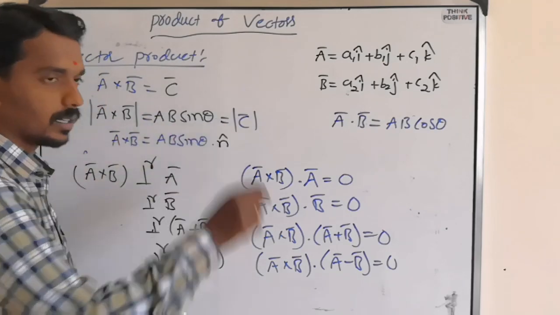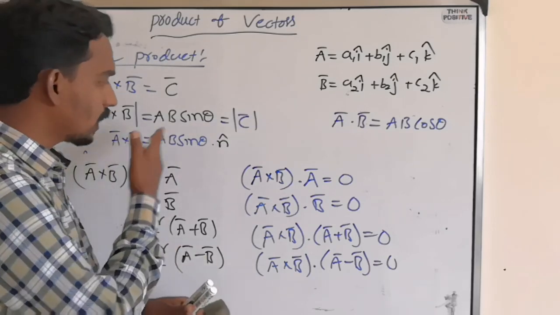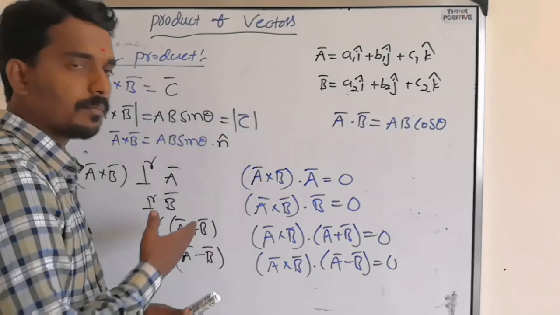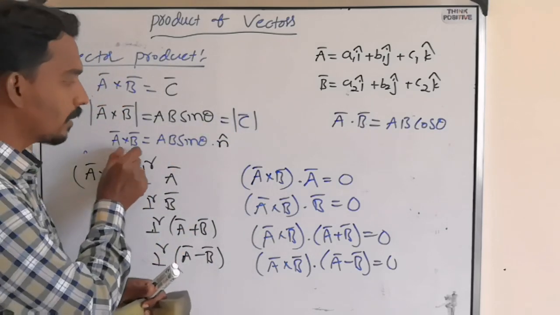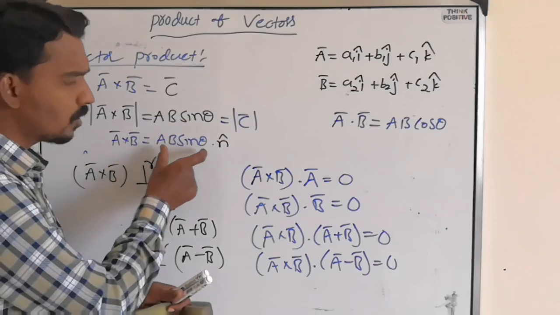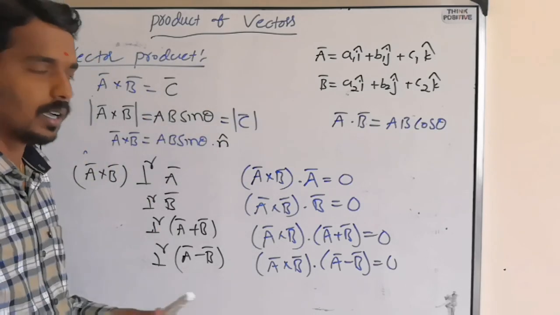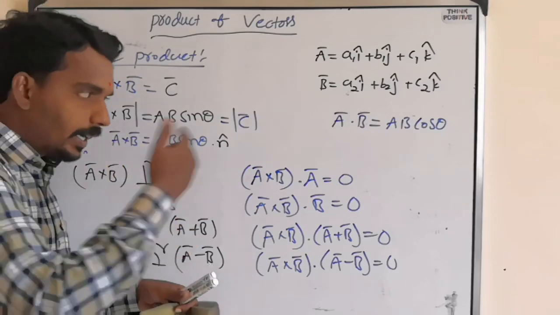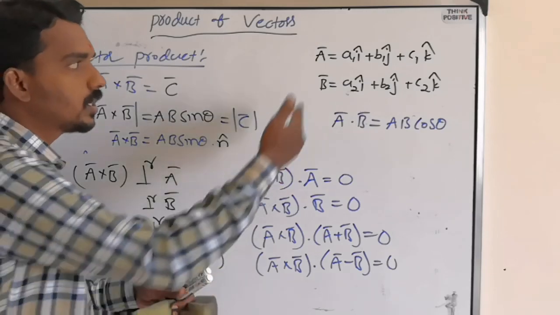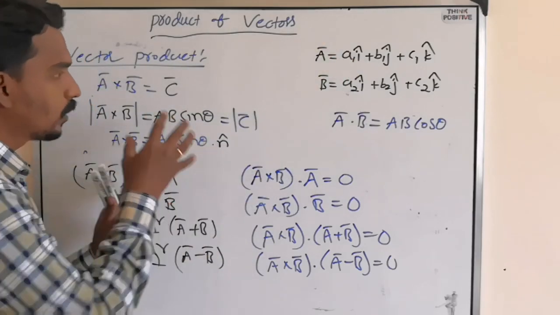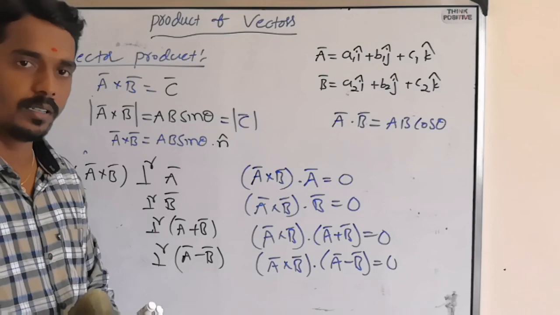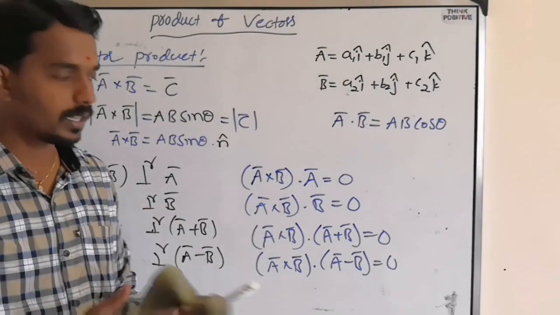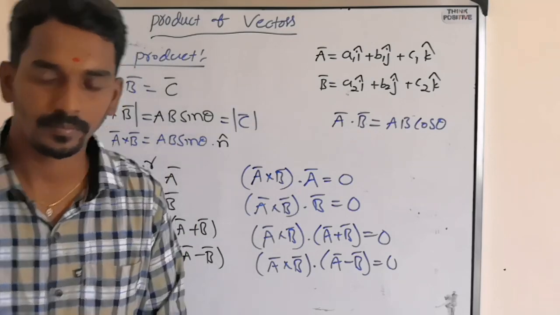But here one additional term is coming, because A bar cross B bar is a vector. So let us take an example and understand how to find A bar cross B bar. Here we understood only the definition, magnitude and direction. But how to find A bar cross B bar, like we did for A bar dot B bar using the components of A bar and B bar? That we need to understand first. Right? We will understand generally, and also we will take one example. Let us try to understand that.